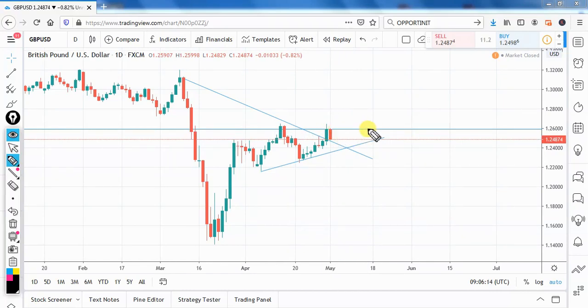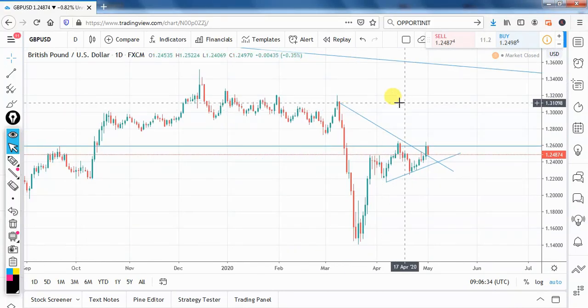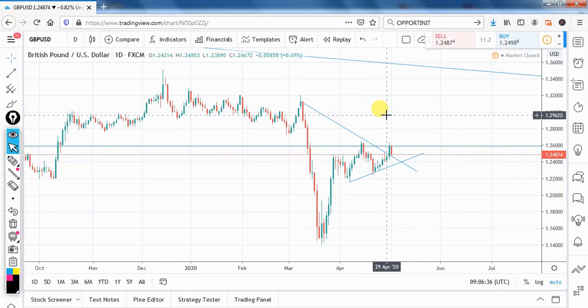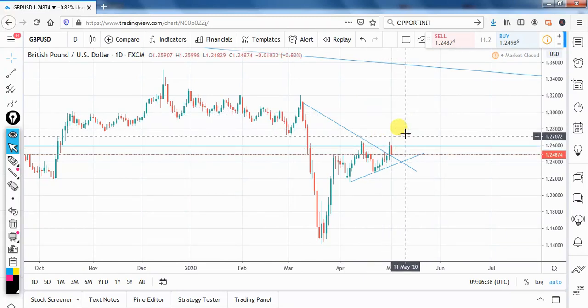So what I'm waiting for is when the next week session is open, I would see if the price is going to return and potentially break this zone. If it does that, then I will be targeting up high somewhere around 130. Okay, we're going to return to the target zone later, but first thing what we're going to look for